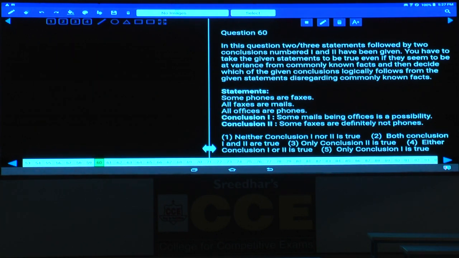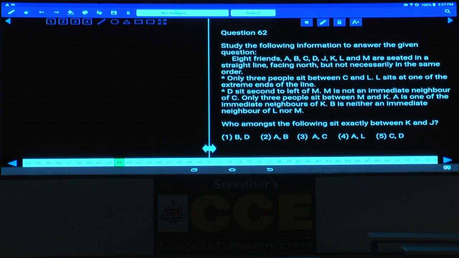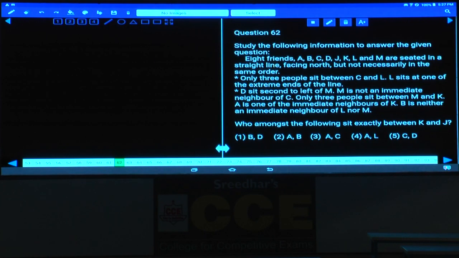Now question number 62 to 65 is based on row arrangement. What is this row arrangement here? How many persons are there? 8 persons, 1, 2, 3, 4, 5, 6, 7, 8. Now 8 persons